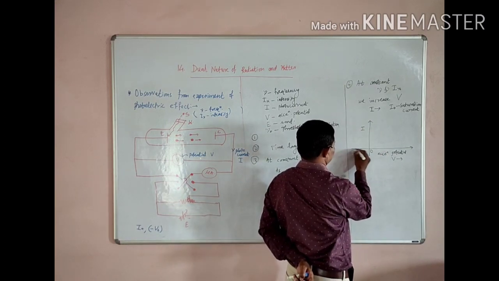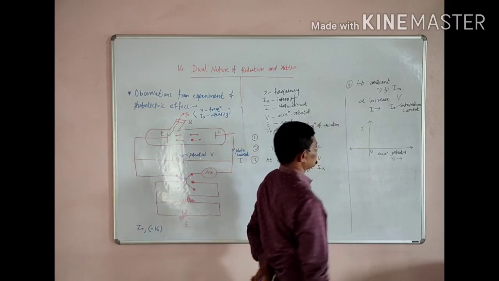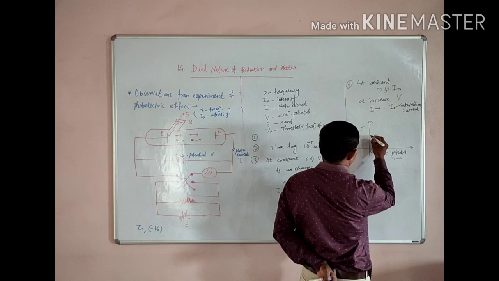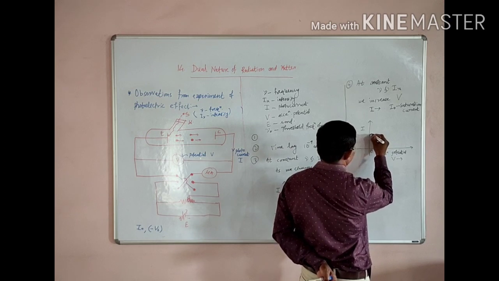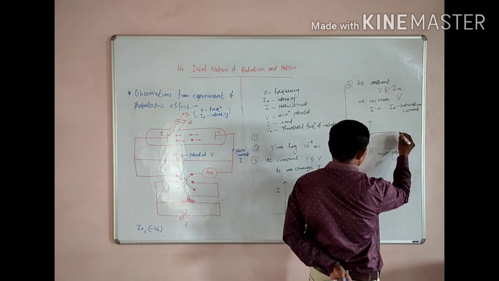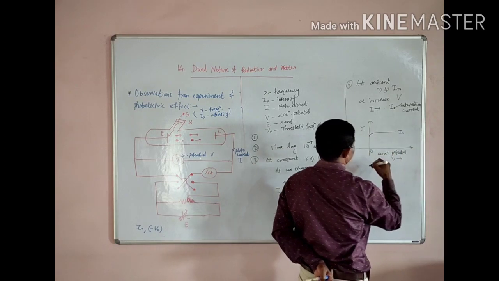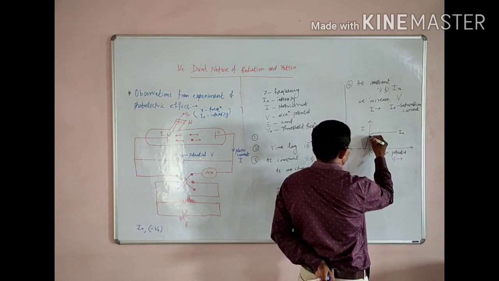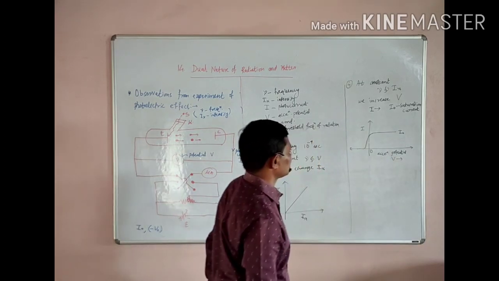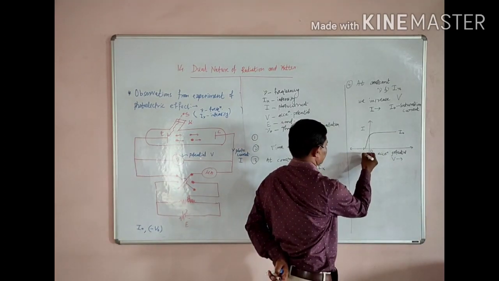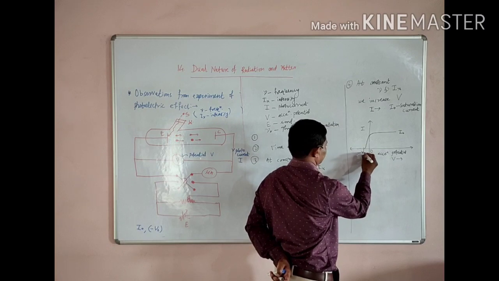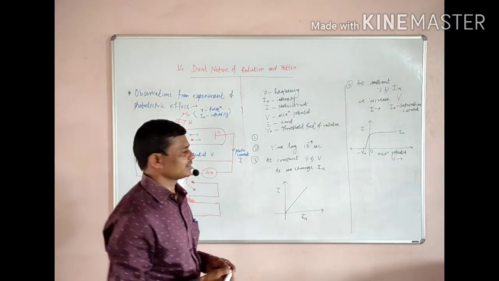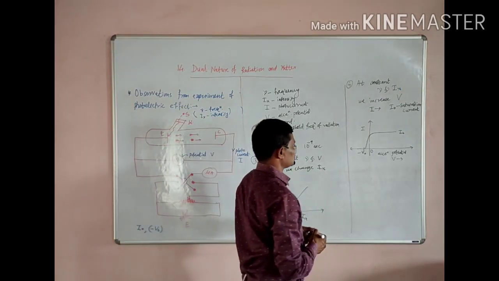Here we observe that initially the current increases, but then it is steady, that means saturation current. The nature of this graph is as shown in the figure, where this minus V0 indicates the stopping potential.